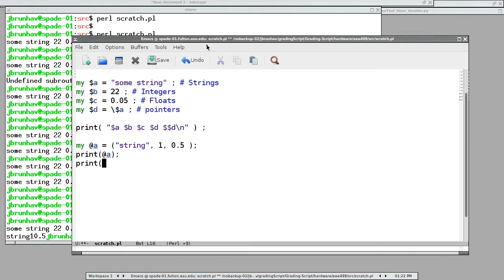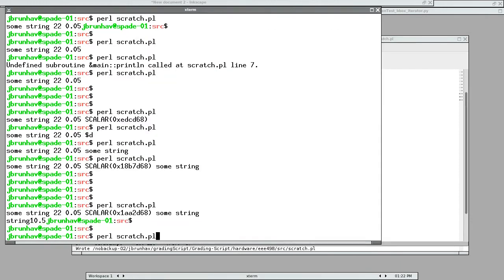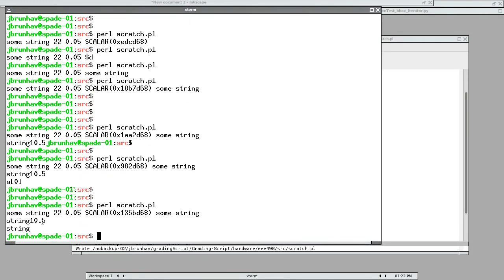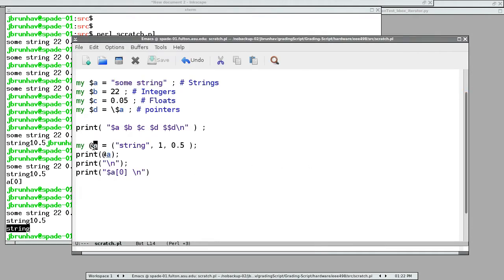If we wanted to access a specific value, we would use these brackets, and we will do this. That won't work, for reasons. All right. So that just printed @A because we only did @A, but if we do $A[0], it'll print the first element. So to access the first element of A, we'd write $A[0]. Now this A and this A are different A's. So this @ is in the namespace for arrays, and this $A is in the namespace for scalars, and so they don't collide,